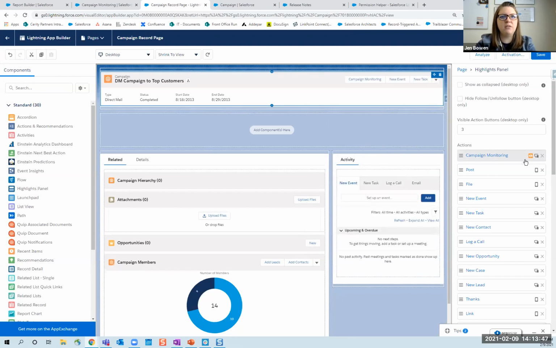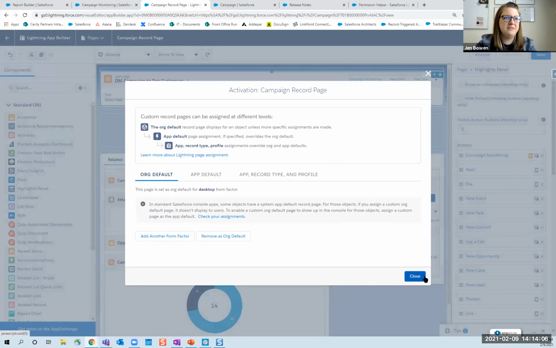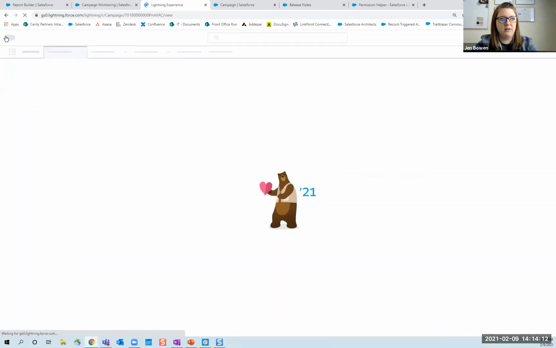And just like any other, if you've ever used dynamic page layouts or component visibility, then we get our little eyeball here to say that there is some kind of filter for this dynamic action. So I'm going to click save. I'm going to activate this too, just to make sure that it's my org default. Okay, good. We're good. So going back to a campaign record,